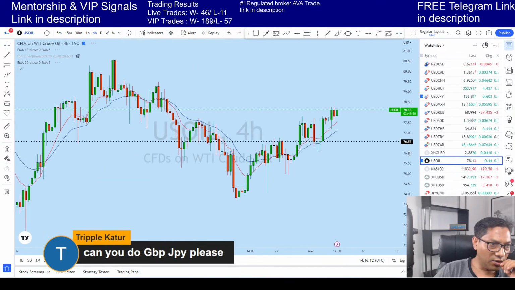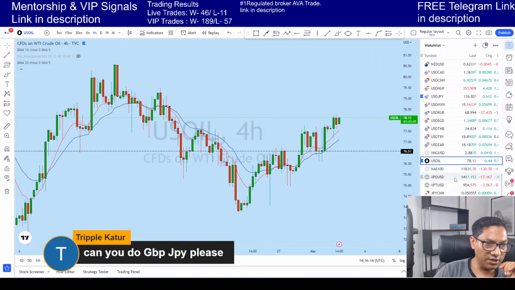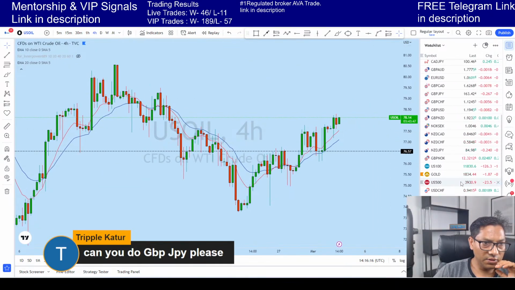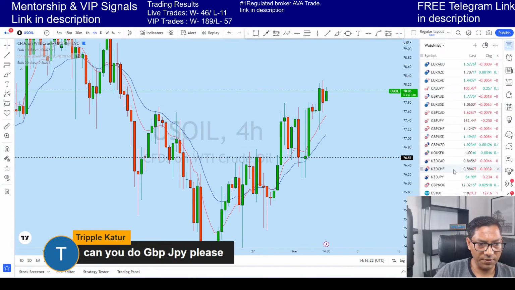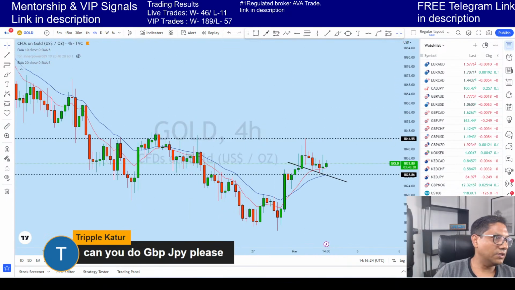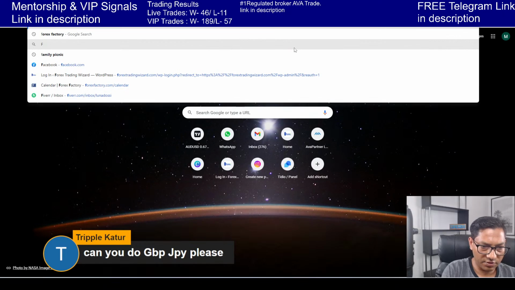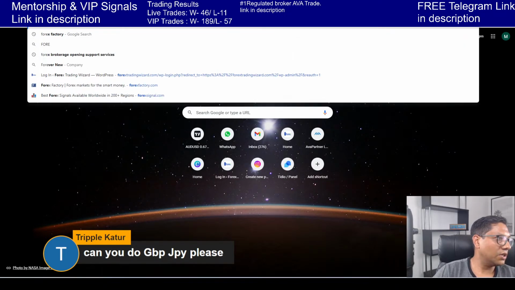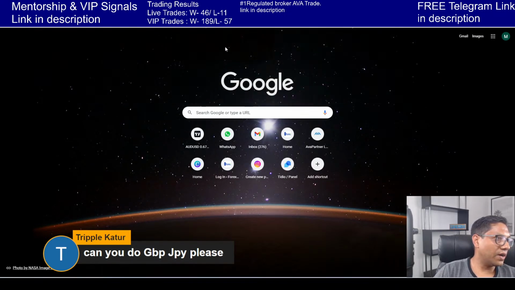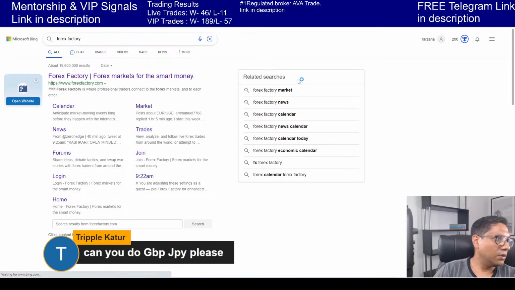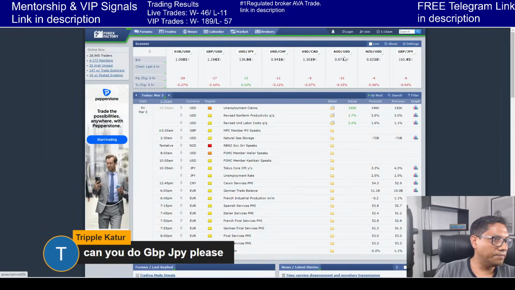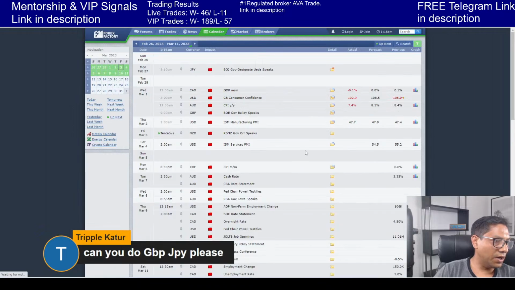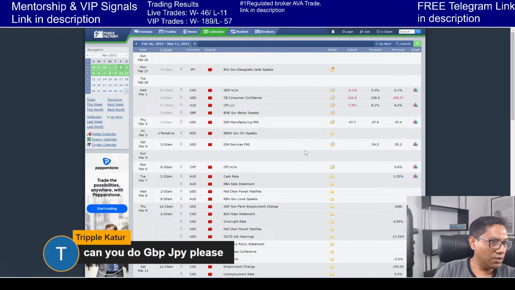So the market is a little bit choppy, guys. What we see is a little bit of choppiness in the market, which is very normal to happen. Okay, and there is news coming up just 40 minutes later. If you look at the Forex Factory news calendar, you can see this news coming up in this market, 2 a.m. USD.